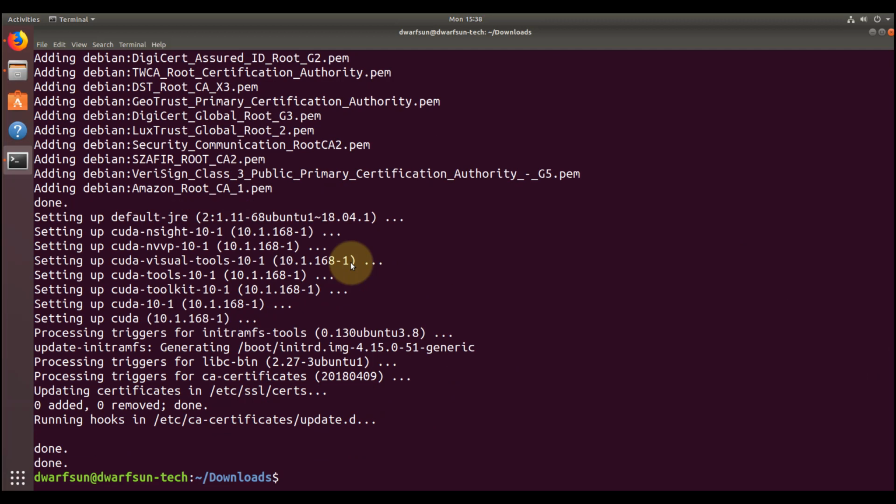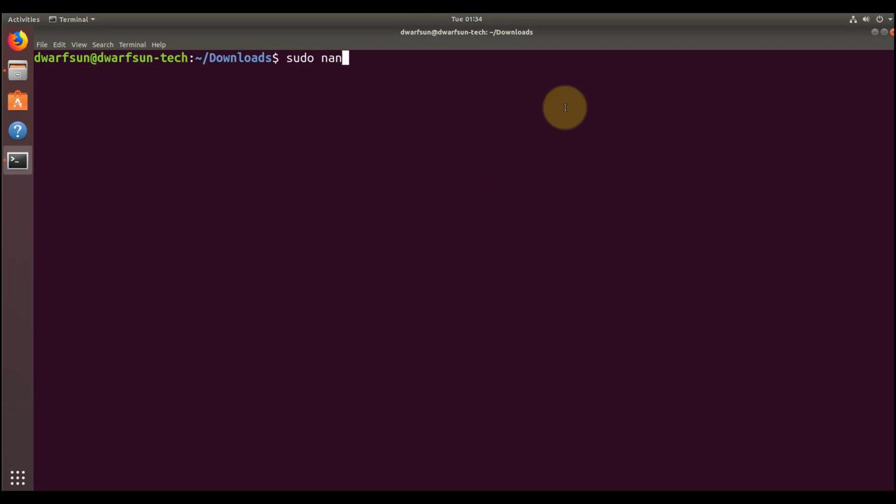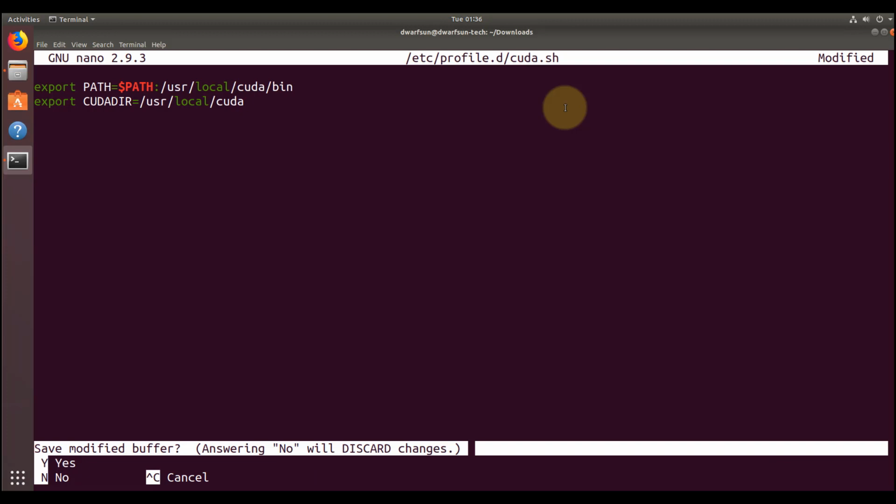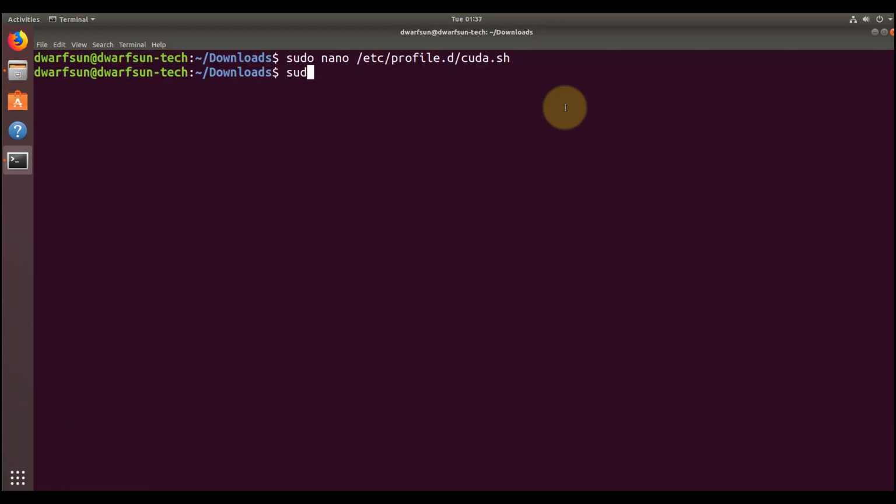The CUDA Toolkit is now installed, but we're not quite done. We need to configure our environment variables. We create a file at etc/profile.d named CUDA.sh. We then add the following lines: export space path equals $path : /usr/local/CUDA/bin, and on the next line, export space CUDA dir equals /usr/local/CUDA. We can then save and exit, and we make the file executable with sudo chmod space +x space